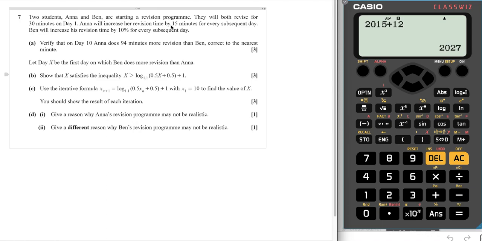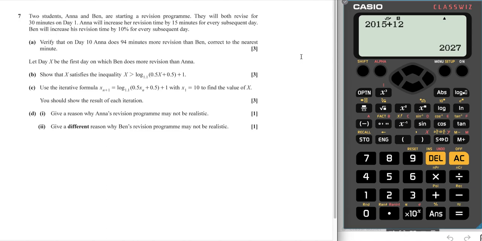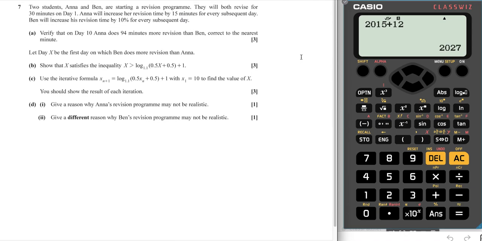So she's doing an arithmetic progression because she's doing the same amount every time. Ben will increase his revision by 10% every subsequent day. So he's doing a geometric progression. Verify that on day 10, Anna does 94 minutes more revision than Ben, correct to the nearest minute. So let's have a look. We identified